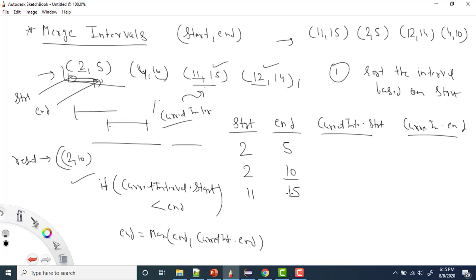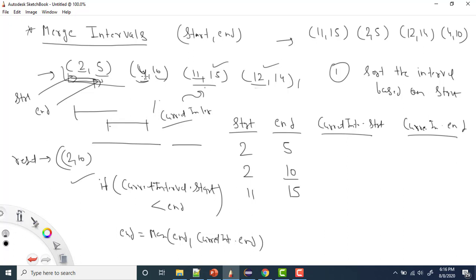When I show you the code, you will understand it better, but still let's see, because what I'm doing, there are only two cases. The one case is if current interval dot start is less than the end value. If it is the case, then I am just updating the end, so that the end will be the maximum of the end and current interval dot end, right?